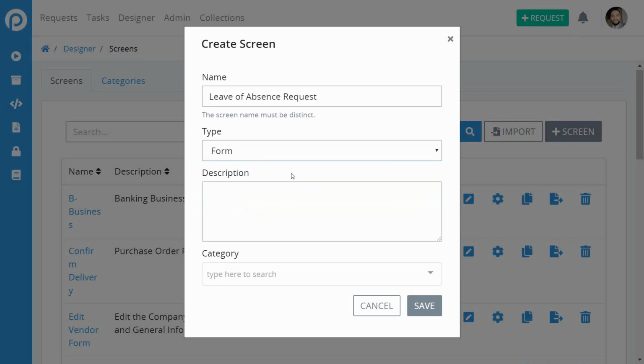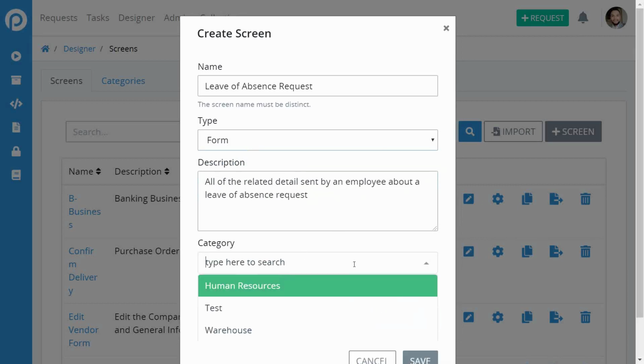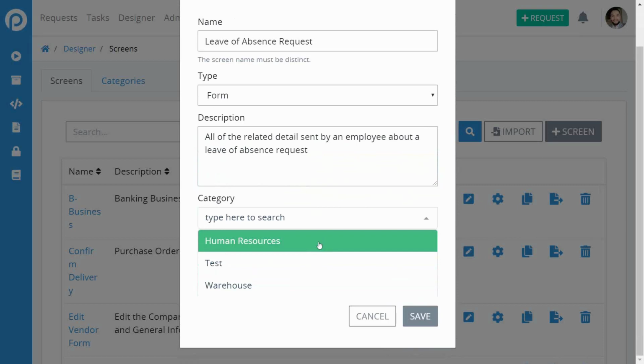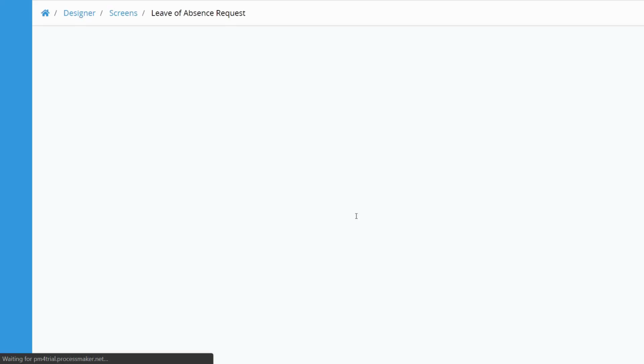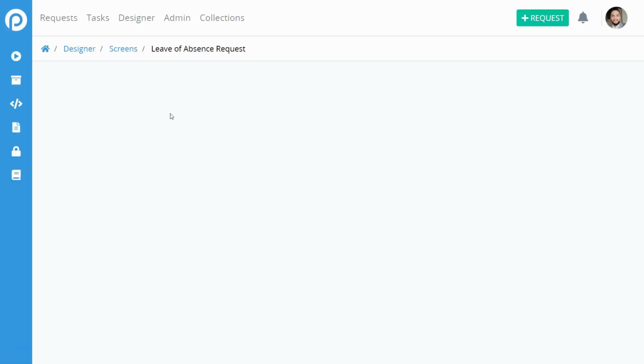So here we're going to have all of the related details sent by an employee about the leave of absence request. There we go. So you can see that we can even associate this screen to a category. Since this is going to be related to a leave of absence process, then we can work with the human resources category, right? So I just need to click on save, and then you're going to be able to start working